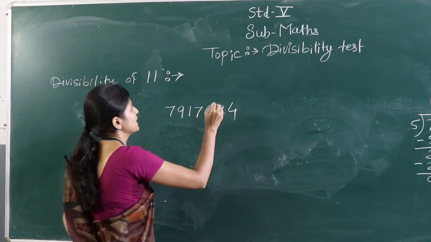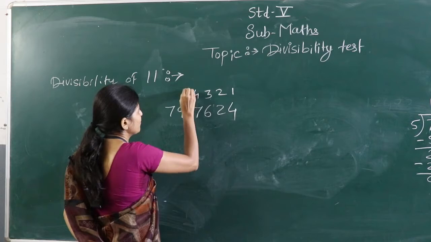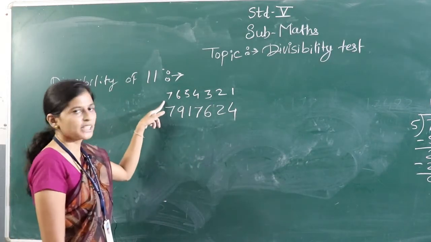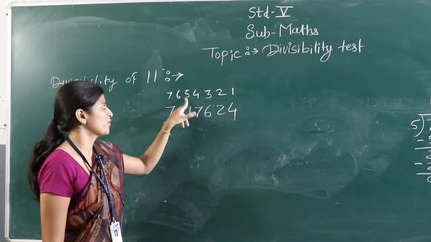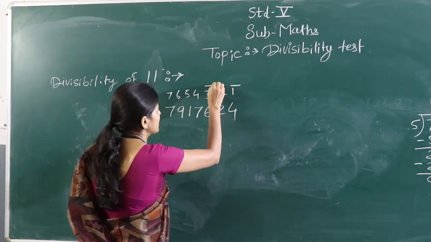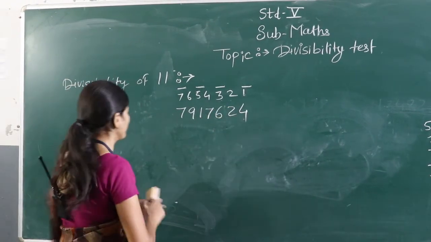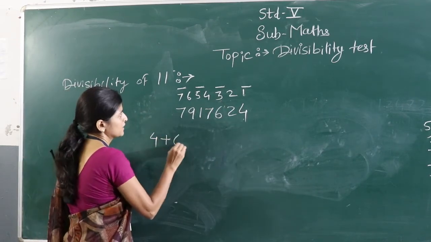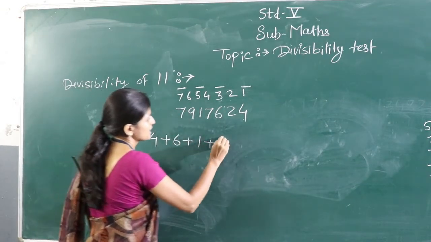We first number these digits: 1 2 3 4 5 6 7, starting from the back side. हमने नंबर दिया है उसको 1 2 3 4 5 6 7. Now the odd positions are 1, 3, 5 and 7. odd number digit कौन सा है? 1 place पे कौन है? 4. In 1's place there is 4. Now the second odd position has 6, then in 5 place there is again 1, and in 7 place there is again 7.